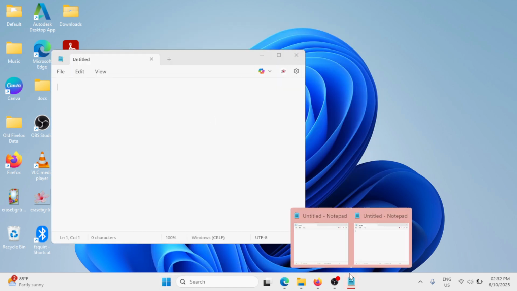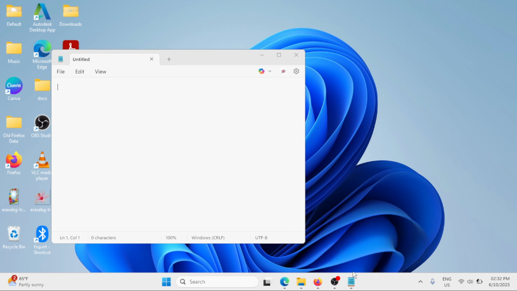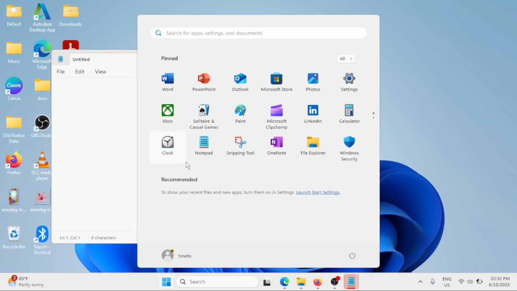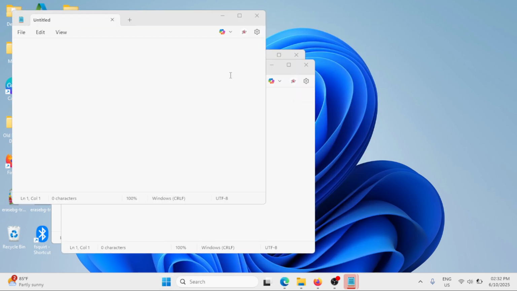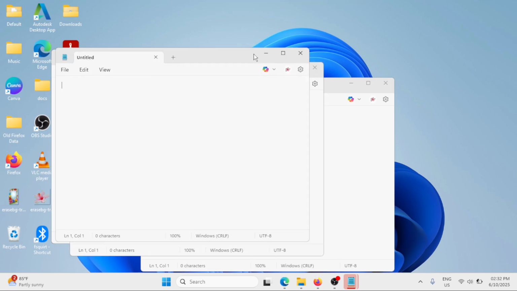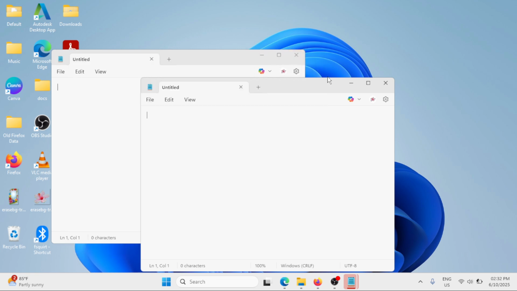And now I have two instances of Notepad running right here on the Windows 11 like that. So you have to click according to your requirement of how many instances you would like to open for Notepad.